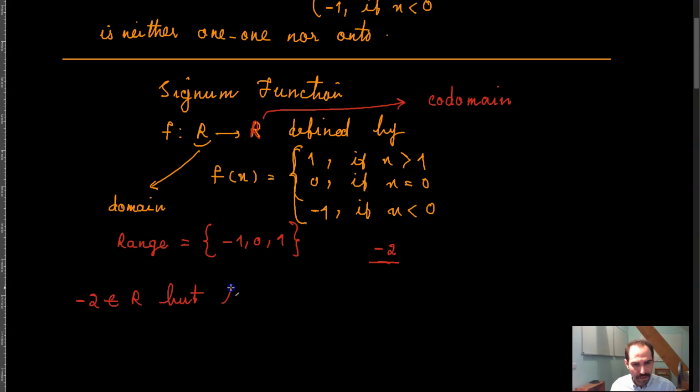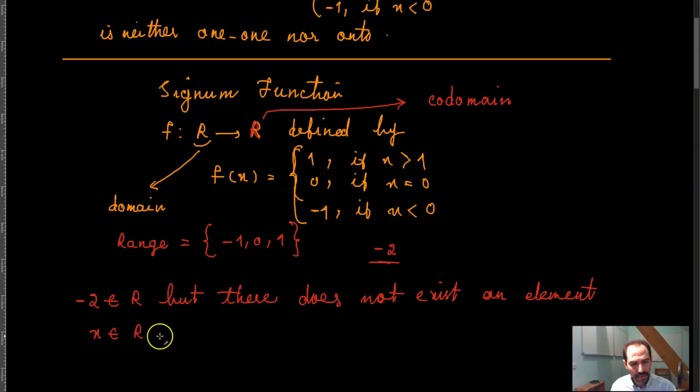So you can say that there does not exist an element x belonging to R such that f of x is equal to